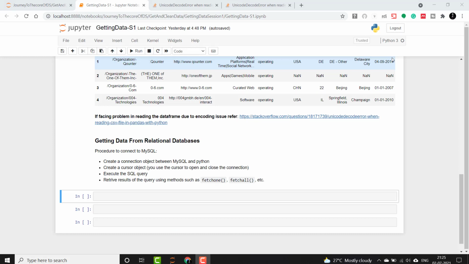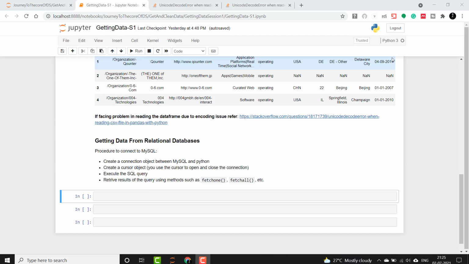Now we'll see getting data from relational databases. Almost all of us who have worked in some sort of databases have heard that data is commonly stored in RDBMS. Also, it is easy to get into Python. So we'll see the most commonly used one, which is MySQL.